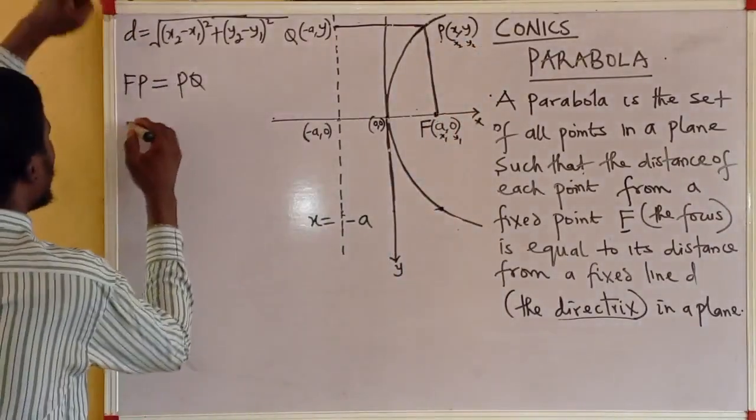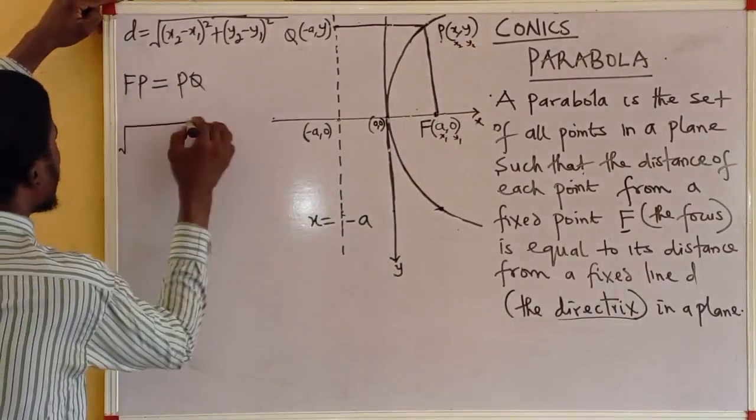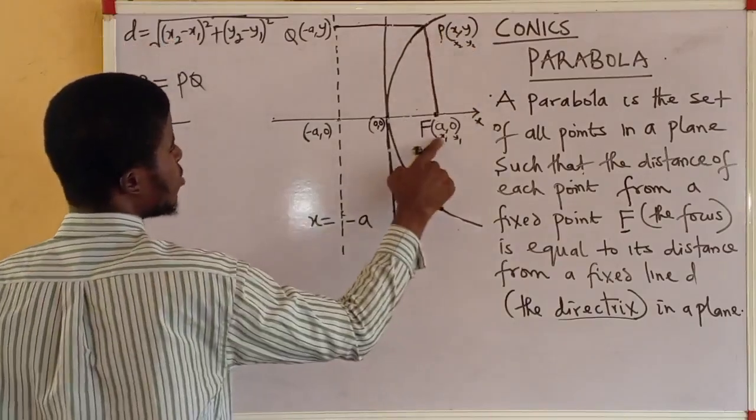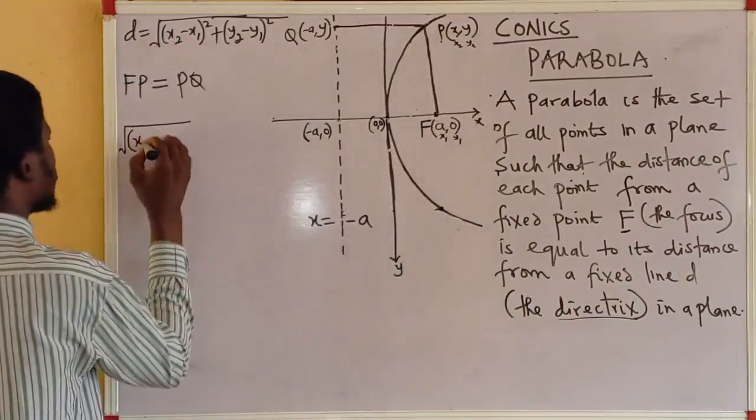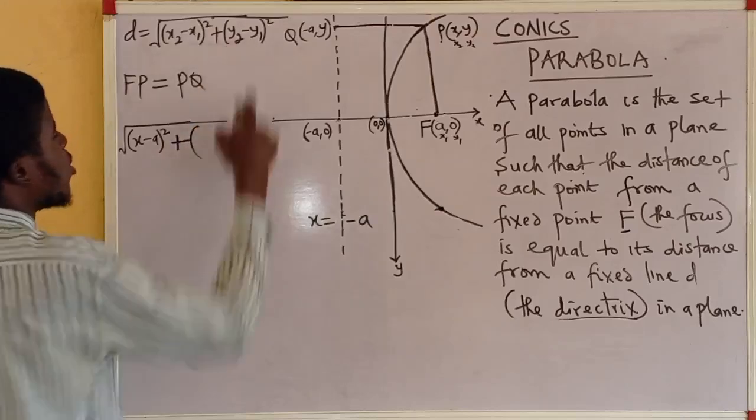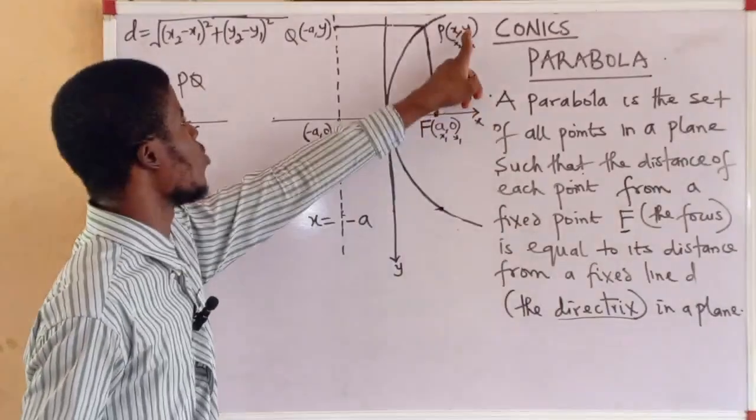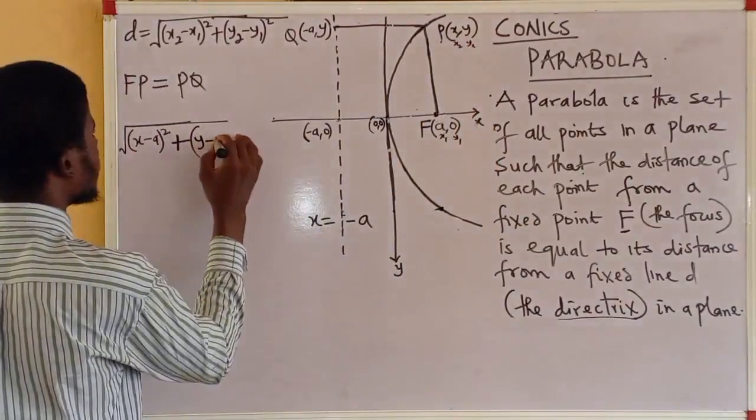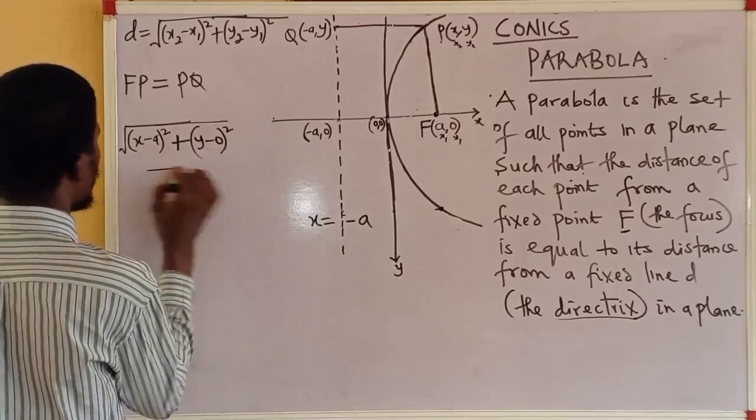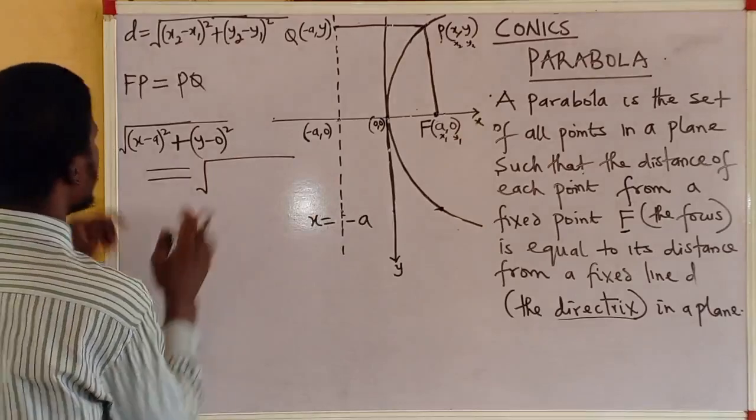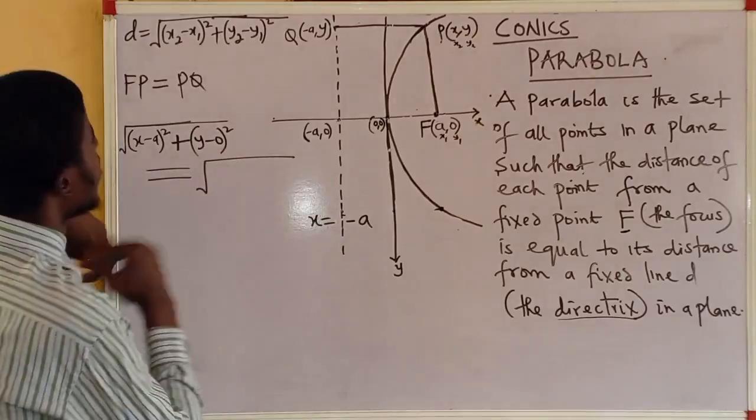So going by the formula, we have the square root of x2 minus x1. That's x minus a all squared plus y2 minus y1 all squared. Y2 is y, y1 is 0. So y minus 0 all squared is equal to the square root. Pardon the way I'm writing it. Okay. We have